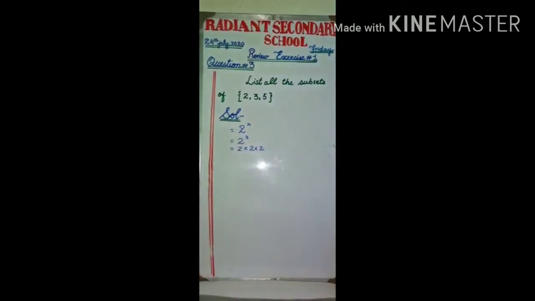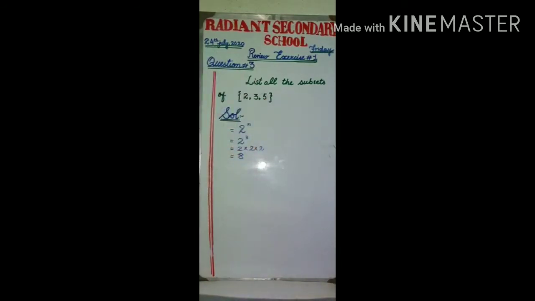Okay, now the answer will become 2 to the 4, which is 16... 4 to the 8. This answer tells us how many sets will be made: 8 sets should be made from this set. We can call these sets subsets of this set. This answer indicates that 8 subsets are made from this set.